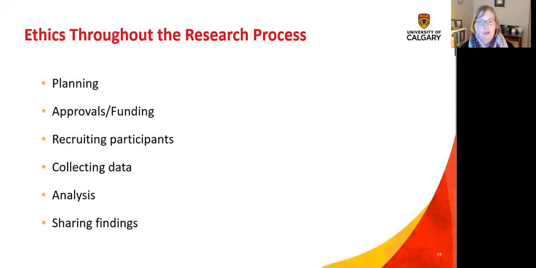When it comes to analysis, you can't favor findings. You have to represent things accurately. And this can be really hard when, for my master's, one of my supervisors focused all her research on the importance of the family in the intensive care unit. And in my study, I found that the family actually creates conflict sometimes in the intensive care unit.